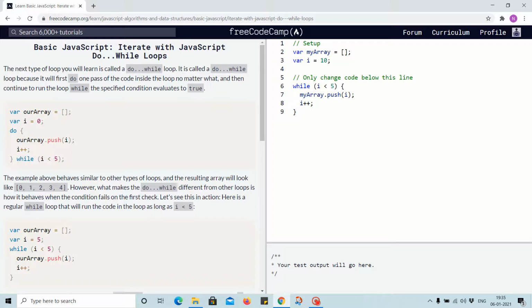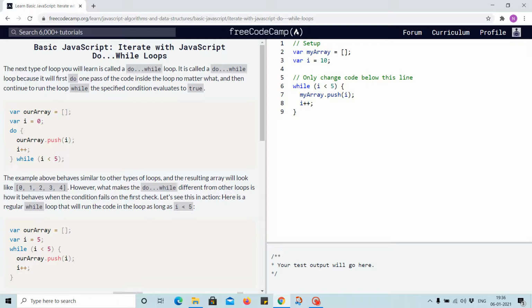So the example above behaves similar to the other types of loops, and the resulting array will look like 0, 1, 2, 3, 4. However, what makes the do while loop different from the other loops is how it behaves when the condition fails on the first check.